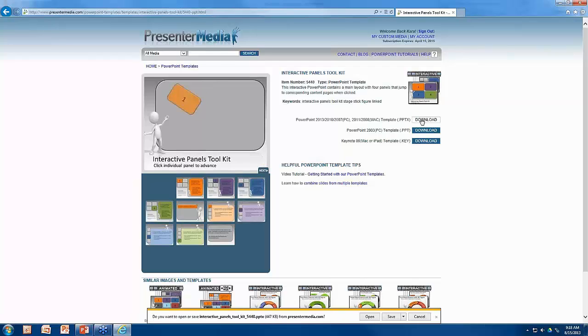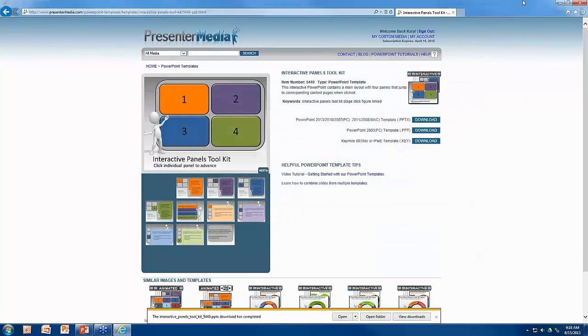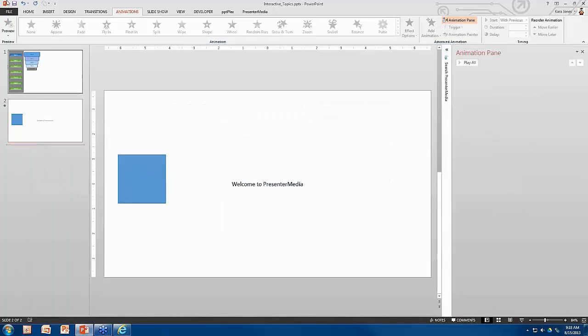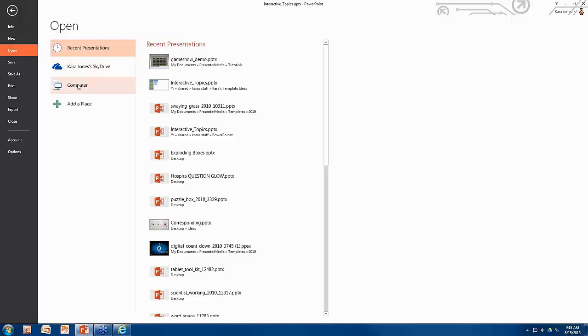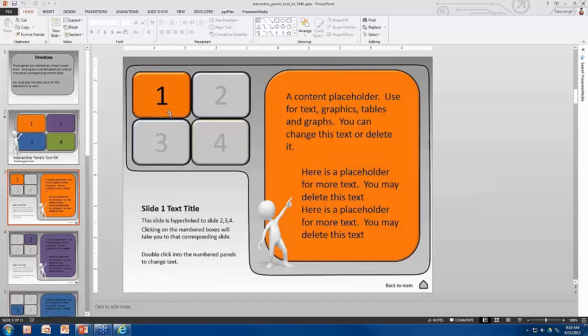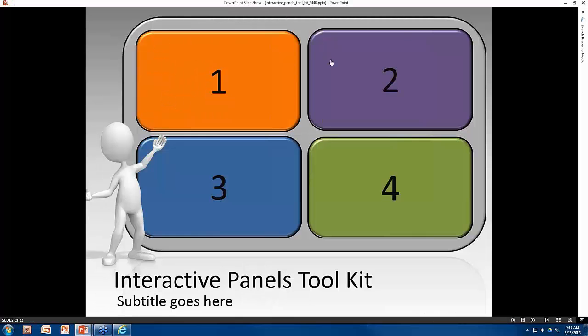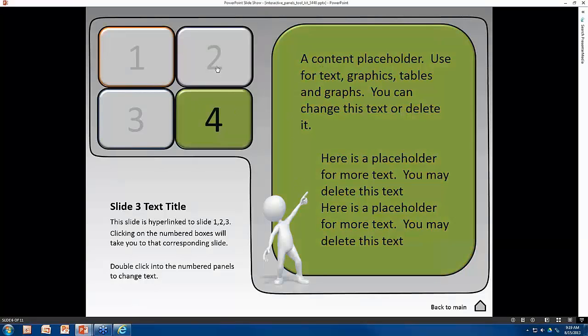If you folks ever have a webinar or any kind of interactive program that you're working on and you want your audience to be able to engage with you, the interactive panels toolkit is actually very simple as far as actual files go. So the pieces on here, each piece has its own hyperlink. So when you play this slideshow, when you click on any of these slides, it'll go to its corresponding endpoint. So you can click on any of these hyperlinks and it'll take you to that proper